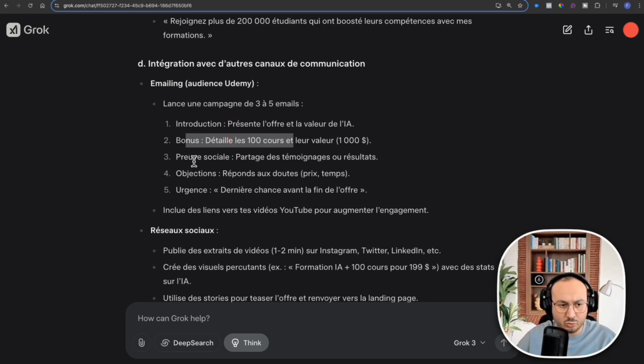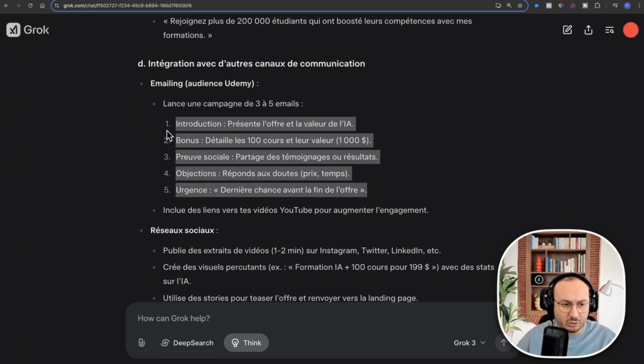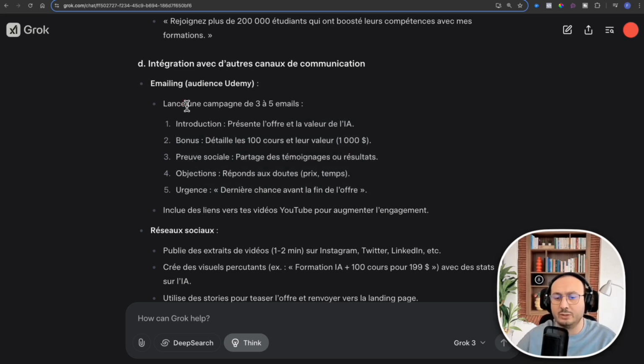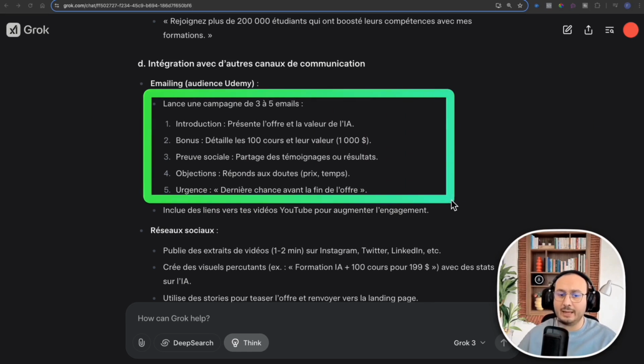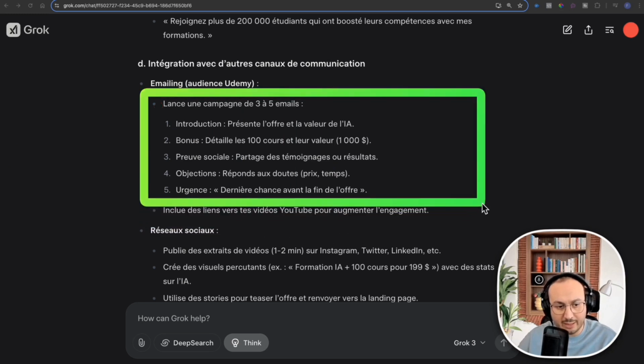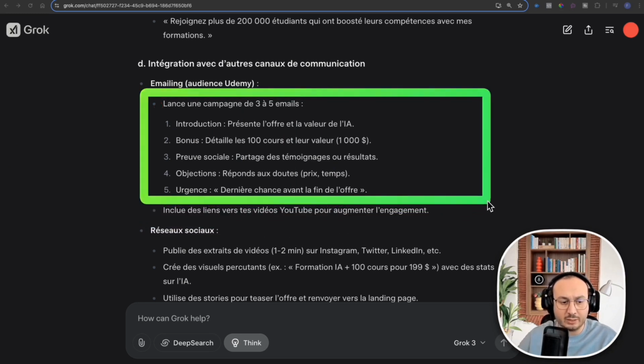Introduction, bonus, social proof, objectives, urgencies. This might actually be, well, maybe I definitely want to put this specifically for those who truly come or perhaps click to indeed see the offer. They sign up, for example, or they enter their email address while trying to receive free information. Or sometimes there are people who enter their email address and don't complete the payment. So yes, we can send them this to reassure them, to give them good actions and good information to take